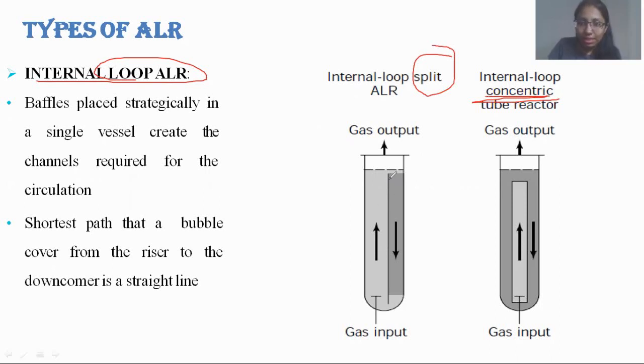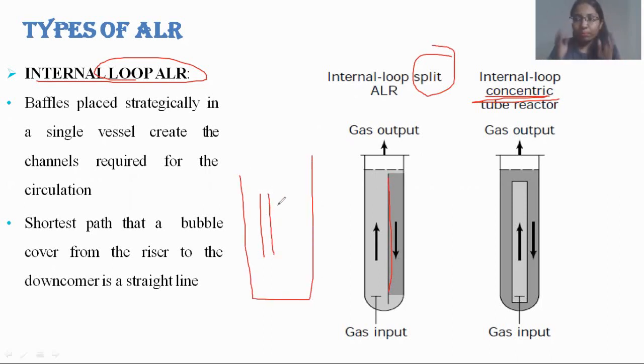So, as you can see, there is a single tube over here. In the last one we have seen the reactors and there were two separators, but here you can see there is only one, so it will go up from here and then fall down from here. So internal mixing is taking place.